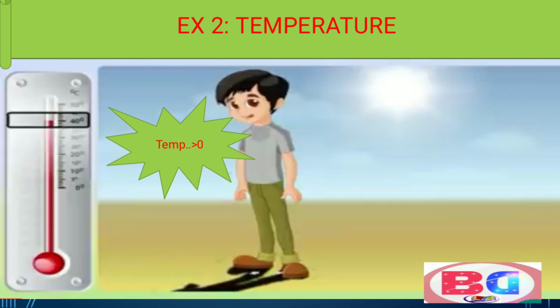Suppose we are given a hot day, then the temperature will be greater than 0 degree. Let us see here, we have taken 40 degrees centigrade. It indicates that it will be greater than 0. It means the temperature is rising, and it gives the sense of positive integers. In practical life we can observe different types of situations, positiveness and negativeness. Just observe your surroundings.